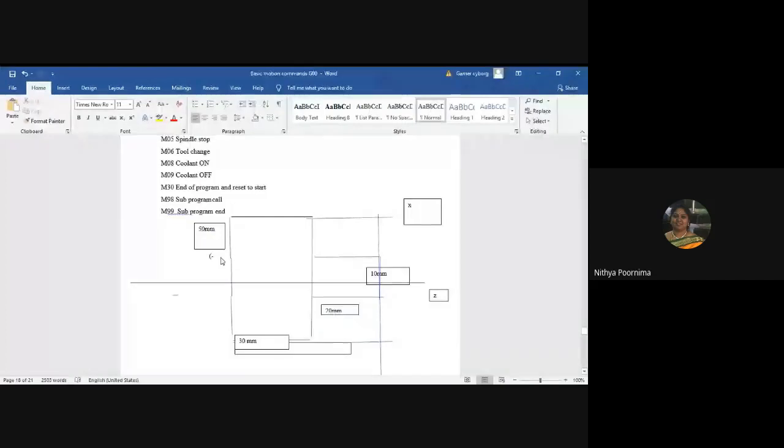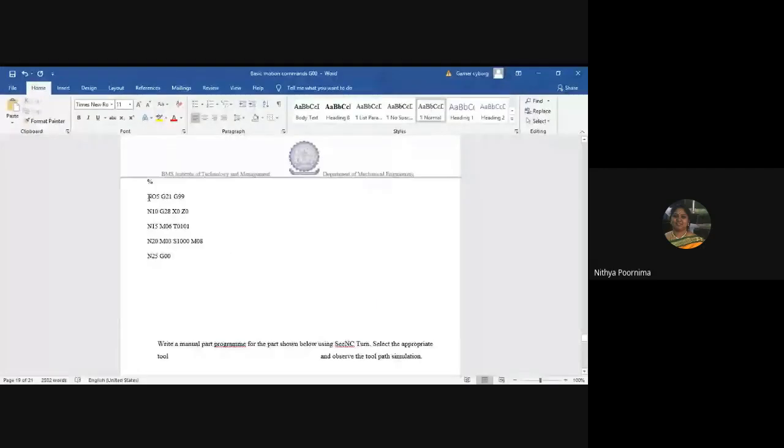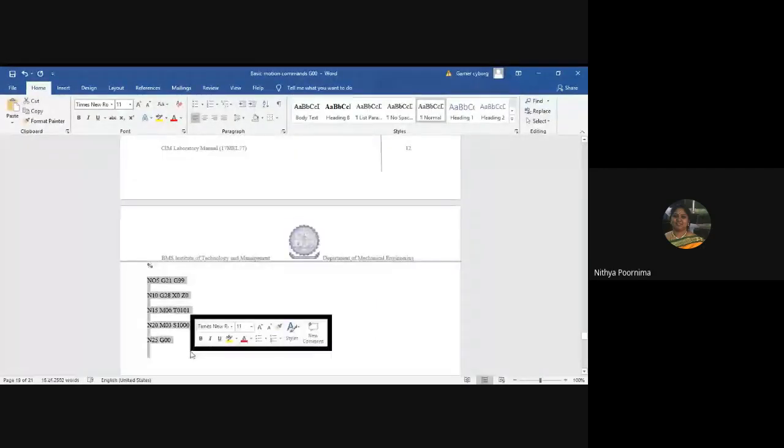First, do you have any doubts with the sketch? This entire length in the X direction is 50. This X dimension is 10. This Z dimension is 20. This Z dimension is 30. I want you to write the coordinates. Use either G00 or G01 and write the program, and update it in your classroom as a first step. This will be the first part of your block command that you need to write the program.